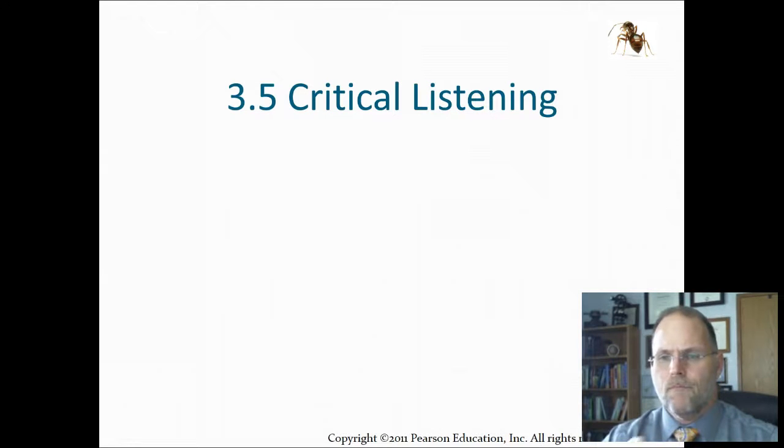Now, this is a little bit weird for us just because the book breaks this down into critical listening and empathic listening. We will cover them both. A lot of people lump them together. It doesn't matter. The elements are the same. You just have to understand the usage of each one. So let's start with critical listening. And first, we have to do a little background. You need to understand some